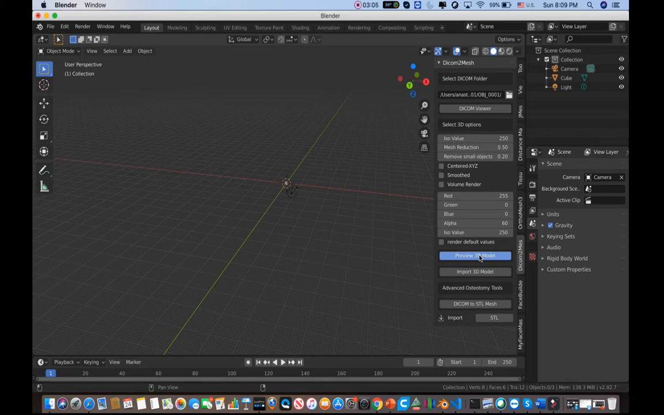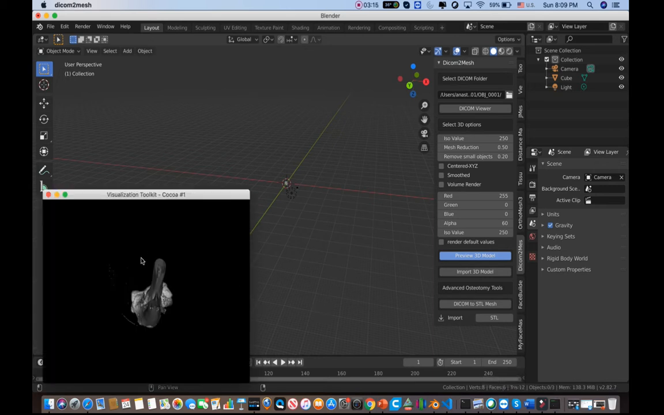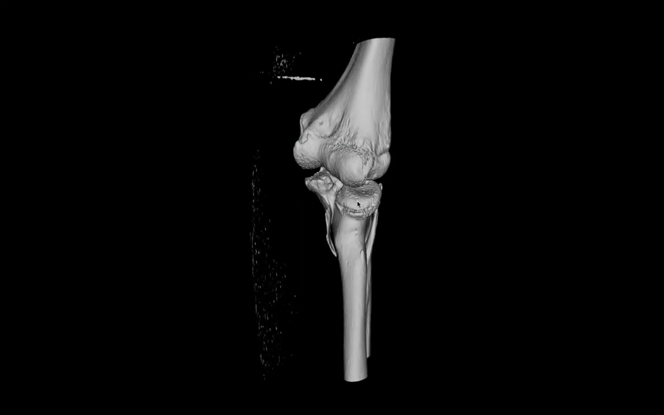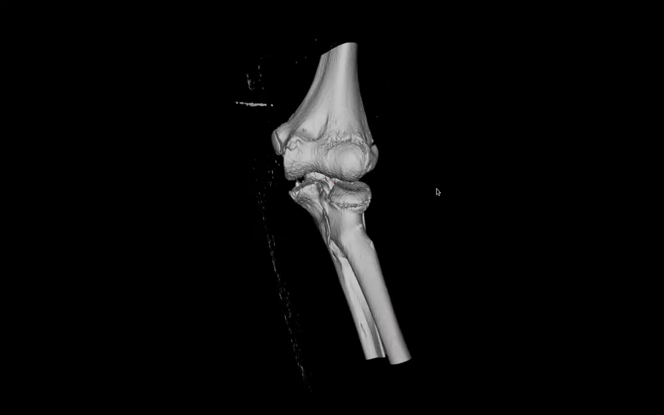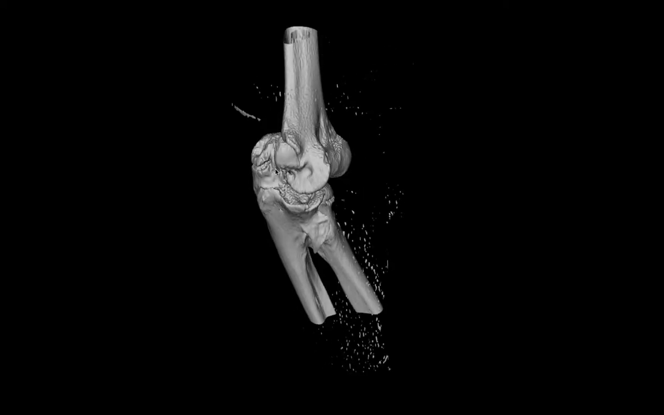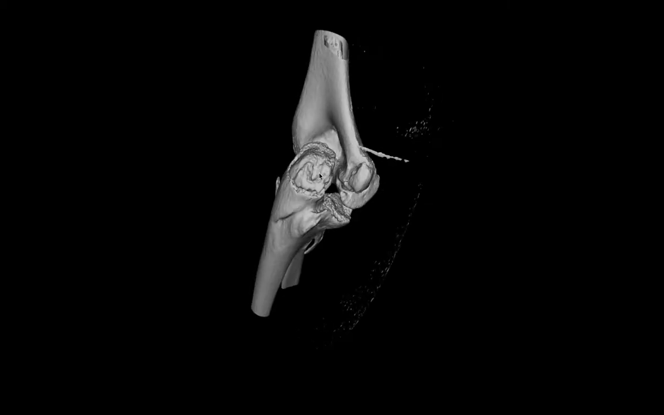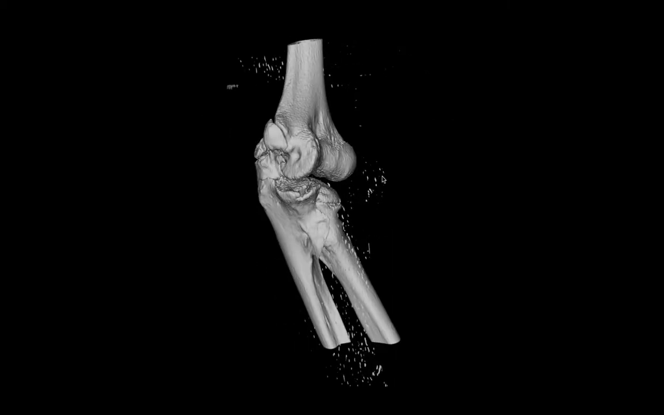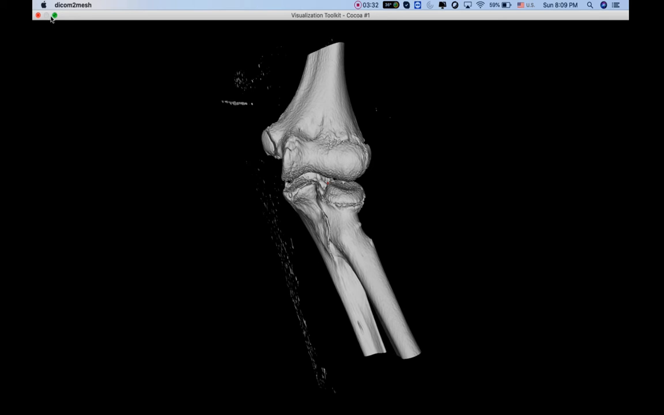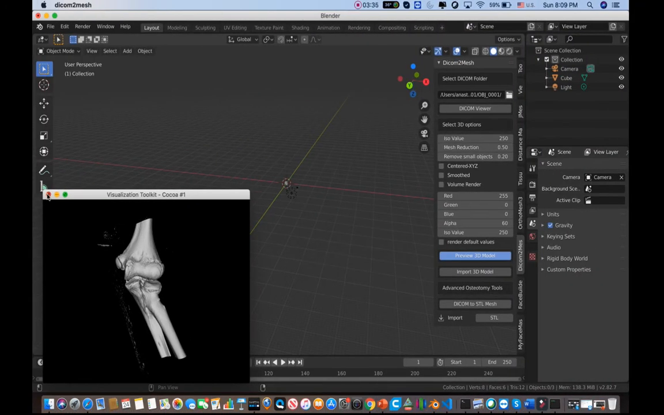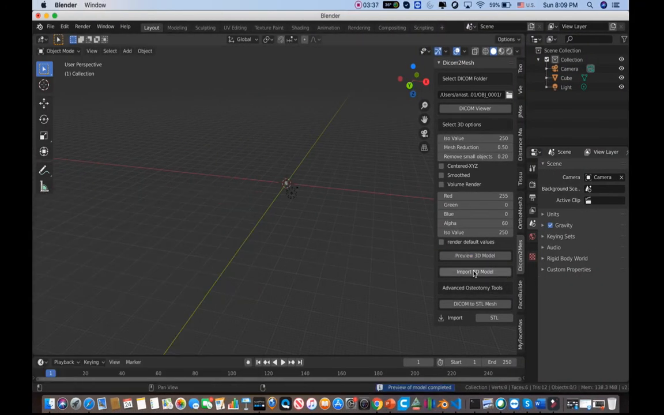Now this time I'm expecting to have a little bit more artifact because I have increased the detail by decreasing the ISO value. So here you see I have more detail and I have some artifact, and there you see a detailed model of the bone. This can be cleaned up in Blender, this artifact here, but this is a very good 3-dimensional model. So if I'm happy with this, I need to close this window, and then I click import model,